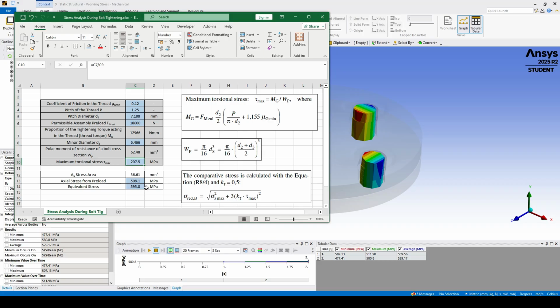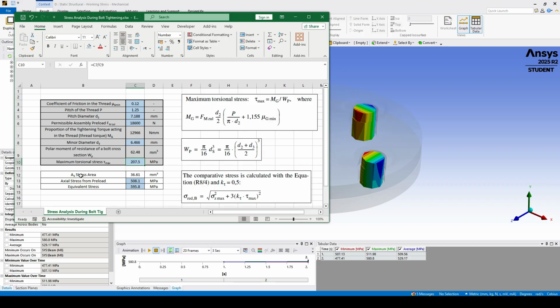This is without external load. This is just the preload plus the stresses coming from the tightening, so we have to expect around 595 megapascal. As you can see, the equivalent stress is already very high,